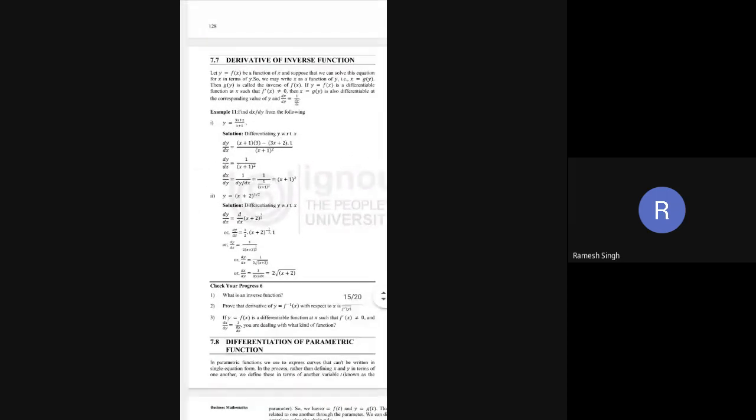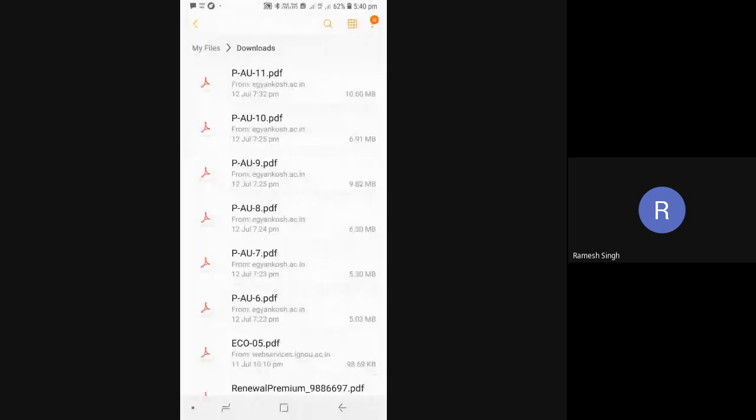Then inverse function again, as per the formulas itself, you will just solve it. Okay. Parametric, just check it. Parametric is not so yet. You can go through it. Okay. Then come to